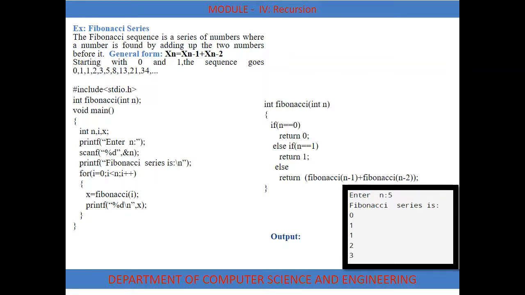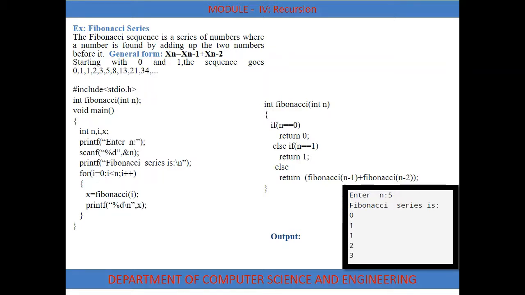Check the condition. i is equal to 0. Is 0 less than 5? Yes. So go for the next statement, that is x is equal to Fibonacci of i. So that is x is equal to Fibonacci of 0. So now we are calling the function Fibonacci here. So jump to the function declaration. It is int Fibonacci of int n. Check the condition. If n is equal to 0, so now here Fibonacci of i, so i is equal to 0. The same value is passed for the function.